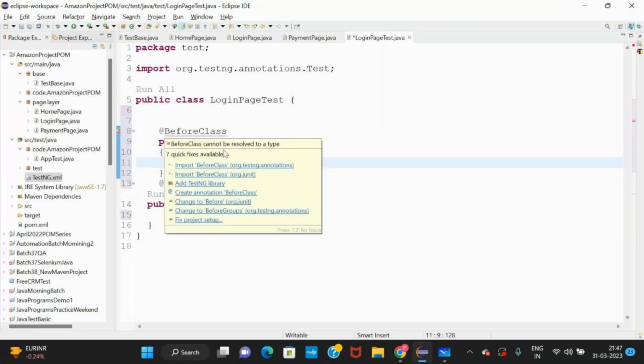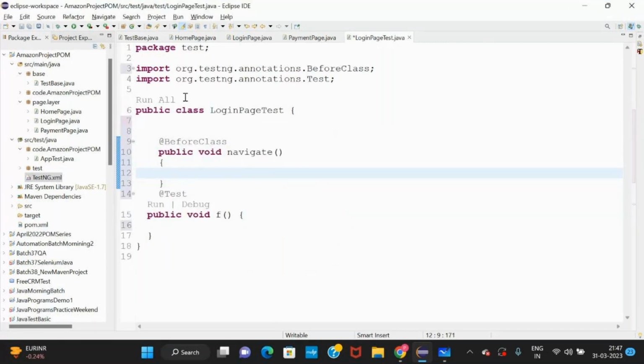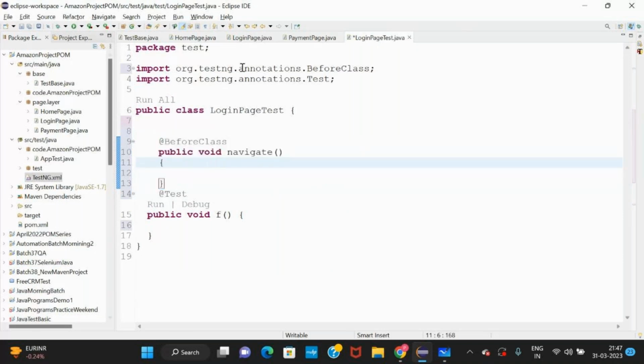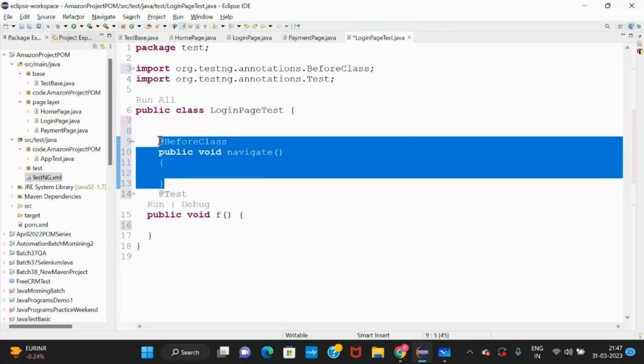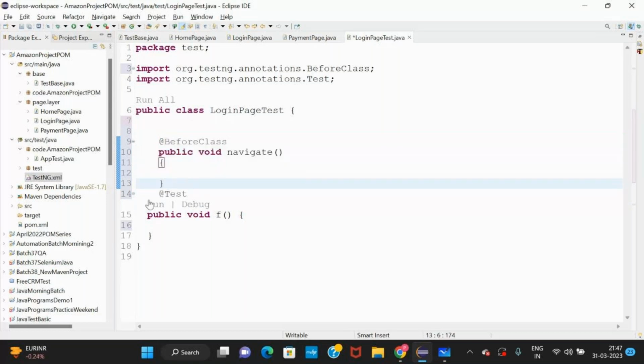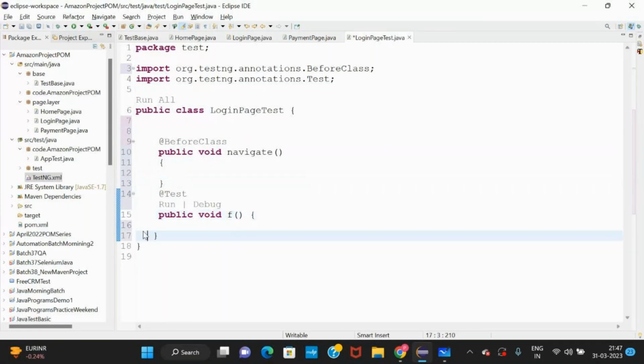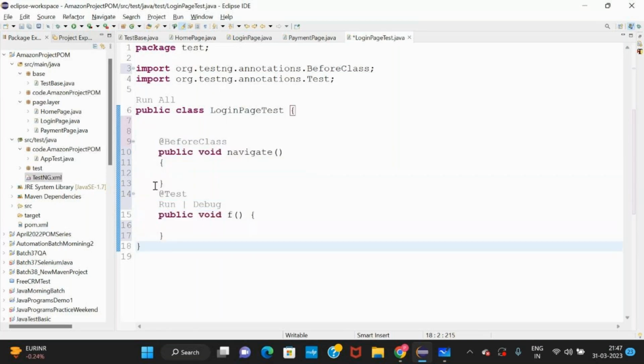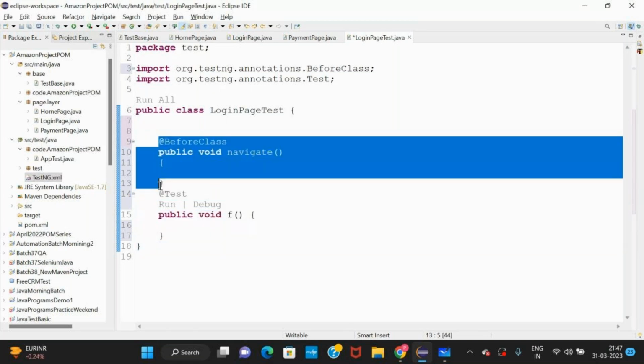For before class you have to import the testng annotation. Okay, error gone. You can write it also, or we can check the check boxes as well. Always remember to give proper indentation. Indentation means every line of code should start from this line only, like a paragraph.